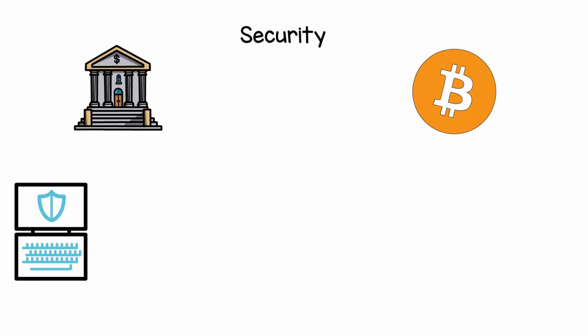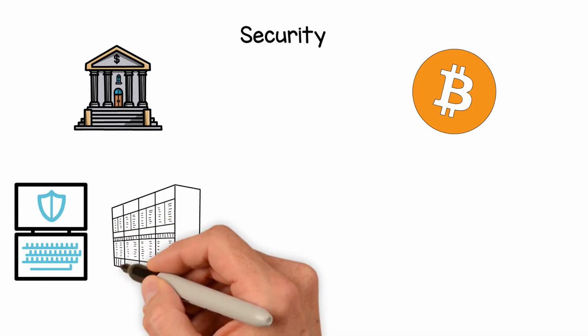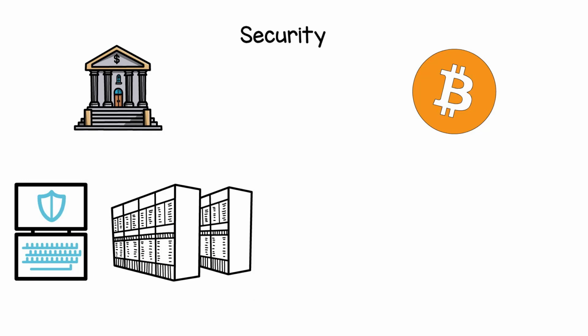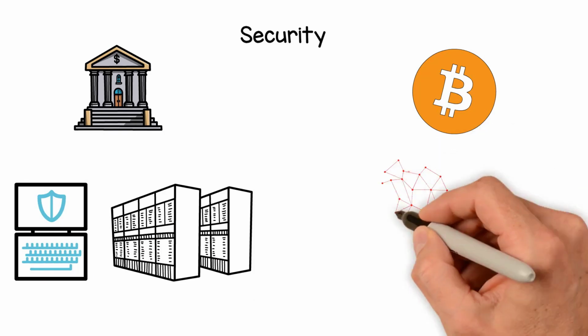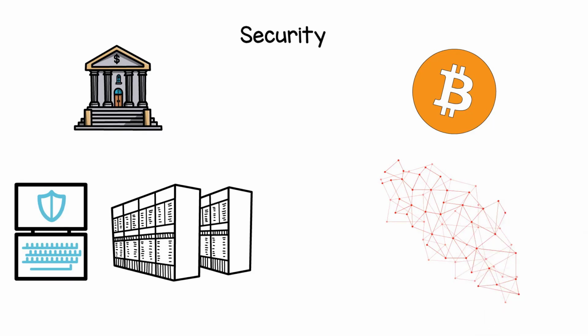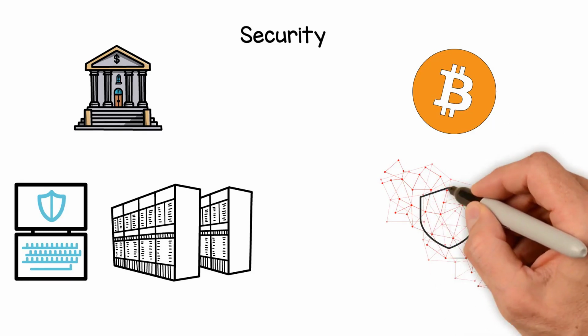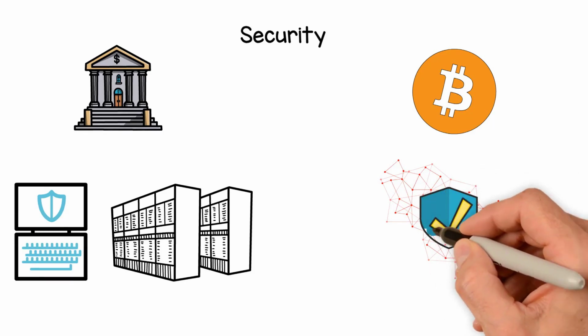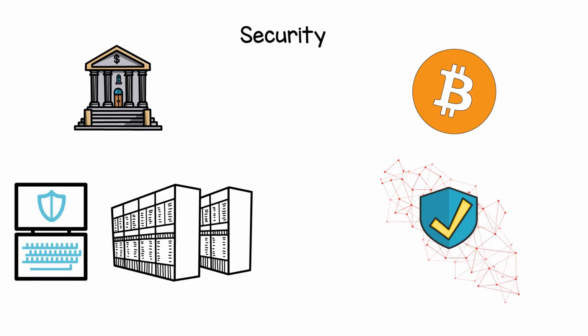Security. Assuming the client practices solid internet security measures like using secure passwords and two-factor authentication, a bank account's information is only as secure as the bank's server that contains client account information. The larger the Bitcoin network grows, the more secure it gets. The level of security a Bitcoin holder has with their own Bitcoin is entirely up to them. For this reason, it is recommended that people use cold storage for larger quantities of Bitcoin or any amount that is intended to be held for a long period of time.